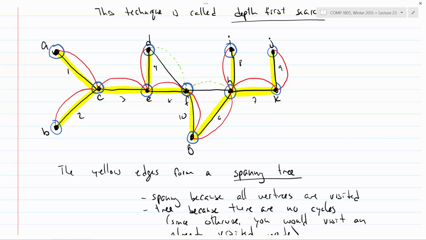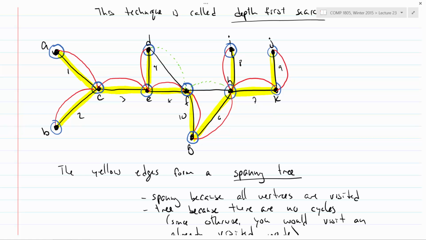Other questions? Yeah. This algorithm seems really recursive. Yes, this is very well suited to recursion for sure, because whenever you do this backtracking, you want to go back to where you came from, and that's exactly the same really as returning from a function call. Is it possible to do it iteratively? Yes, but then you need some kind of fancy data structures. Basically, you need a stack, and that stack exists to simulate recursion without actually doing it. Other questions?